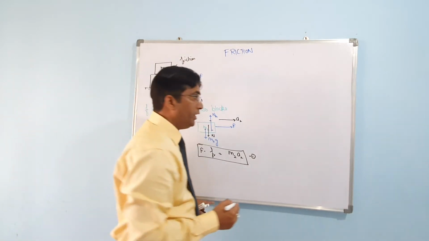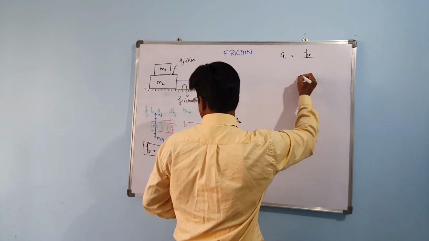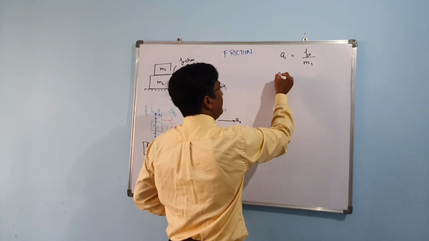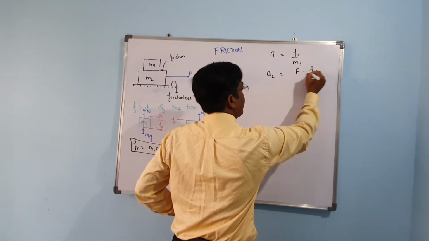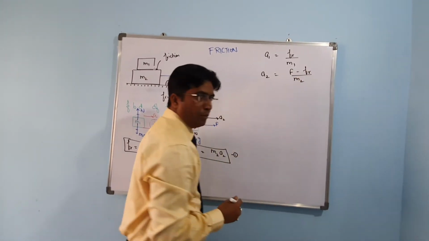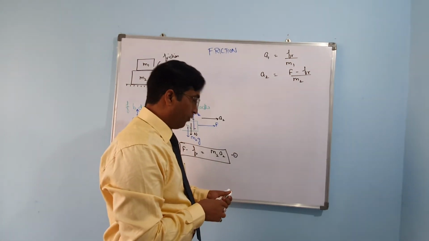Now listen to me carefully. I can write a1 equal to Fr by m1. a2 I can write as F minus Fr by m2. Now there exists a condition. If the two blocks are moving together,